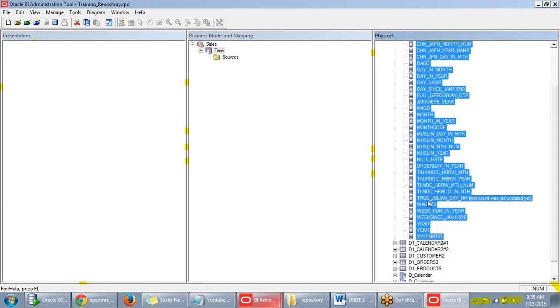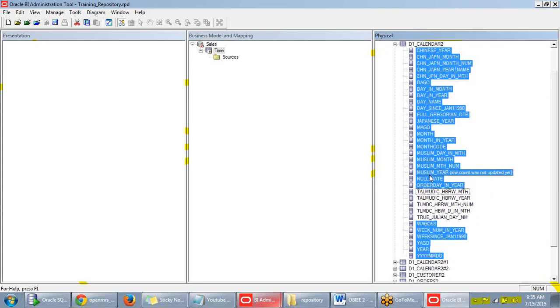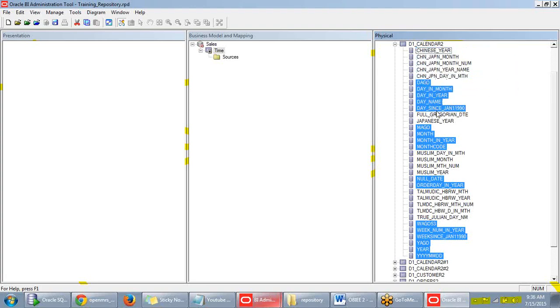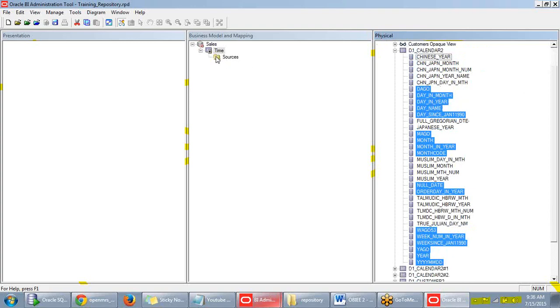Okay, among these, I don't want this. I just want these. I'm just eliminating all the unnecessary columns over here, and I am importing only useful columns into my logical table. Okay, here under this source, till now we don't have anything under this source. The moment I drag and drop all these columns over here,